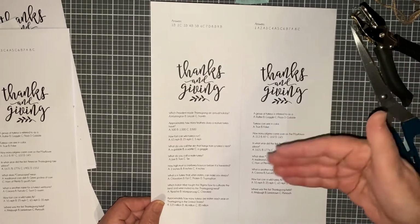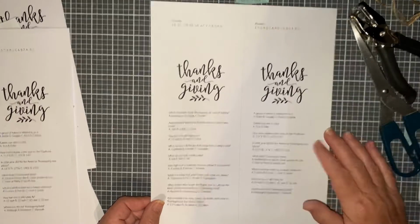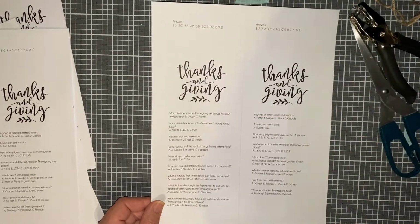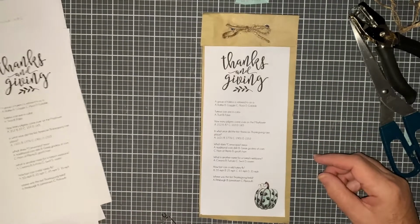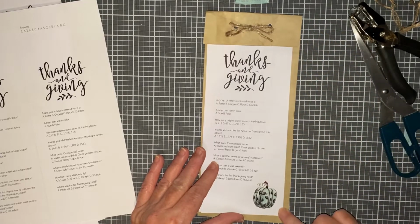Because I just printed this on my printer. I need 8 of them, and I made a key. Now, there's an answer key up here that you'll fold over, but I made a key for me, and we'll play some of this. So, what I did, now, they show it on the website with autumn,